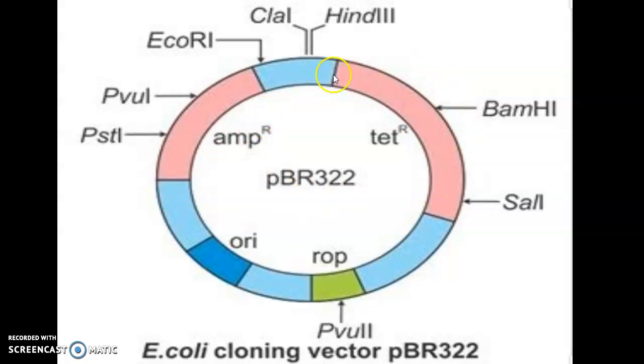Along with these marker genes or antibiotic resistance genes, this artificially synthesized pBR also has a number of recognition sites of different restriction enzymes, which recognize and cut the plasmid at that site, and a number of genes are incorporated into the single artificially synthesized plasmid. So an artificially synthesized plasmid like pBR322 is very popular for multiple cloning, meaning a single plasmid with more than one gene gets cloned here.